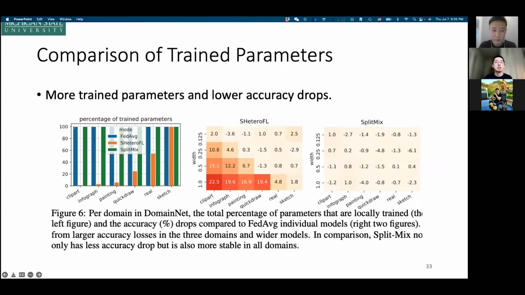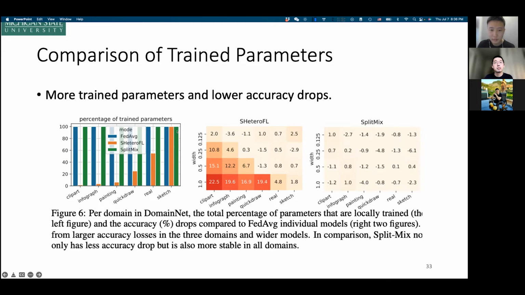In the first figure, we show that the percentage of trained parameters is almost always 100% for our SplitMix method, and similarly for FedAvg, because for FedAvg we train the full-size model, ignoring the device heterogeneity constraint.